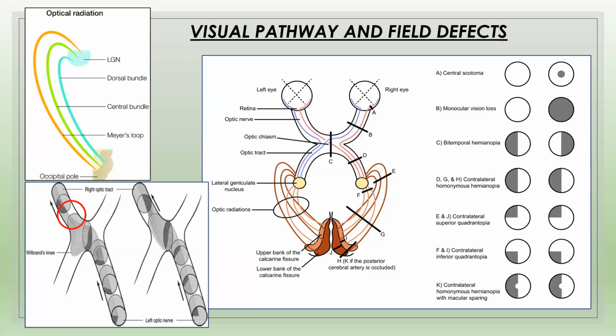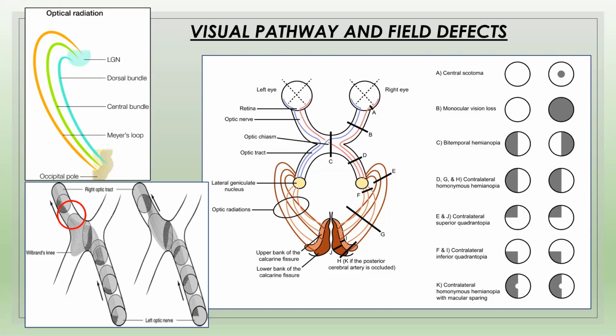That one, and Meyer's loop, and the types of scotoma that you see at each level. All these things are extremely important for your exam and for localization. Also to understand whether whatever empirical decision making, if you are seeing a lesion and the scotoma is not correlating with it, you should be wary and investigate the patient further to see if the scotoma is due to something else and not because of the tumor.